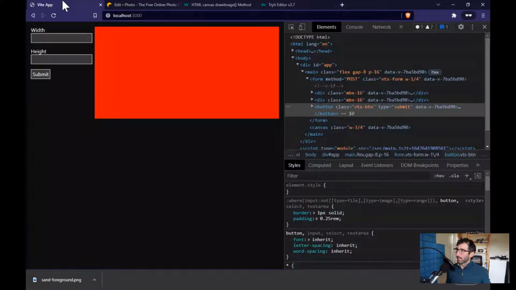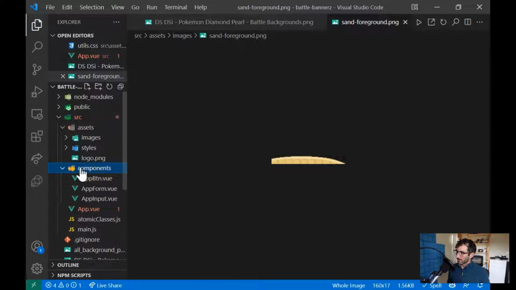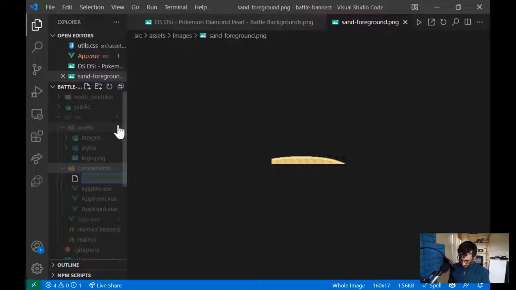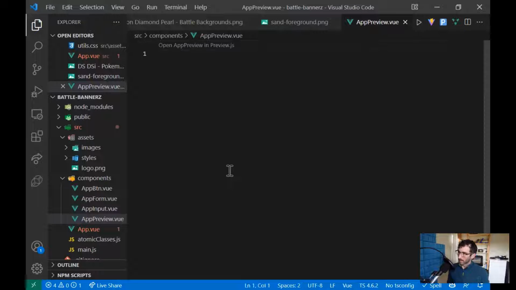Okay, let's see what we got here. Let's go to our app. One thing I'm going to do is create a new file called battle preview, or how about app preview dot view. And let's say this is going to be,